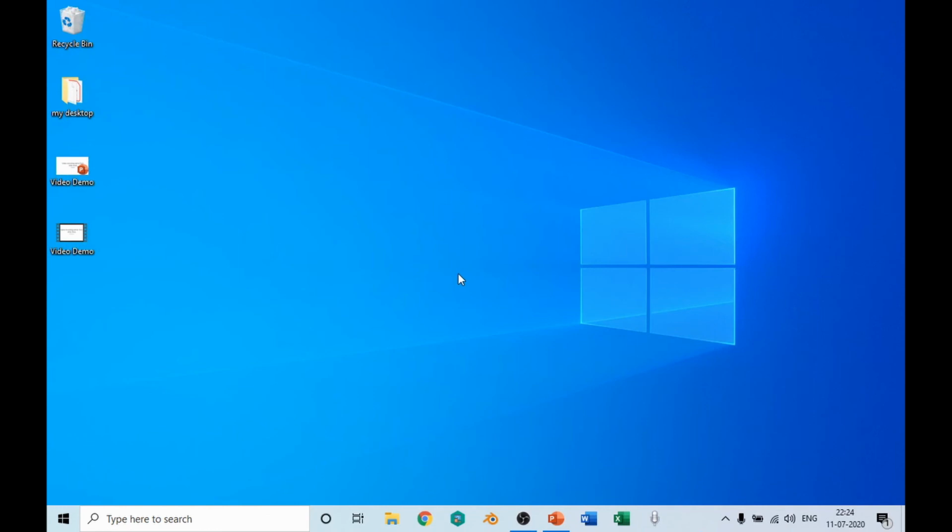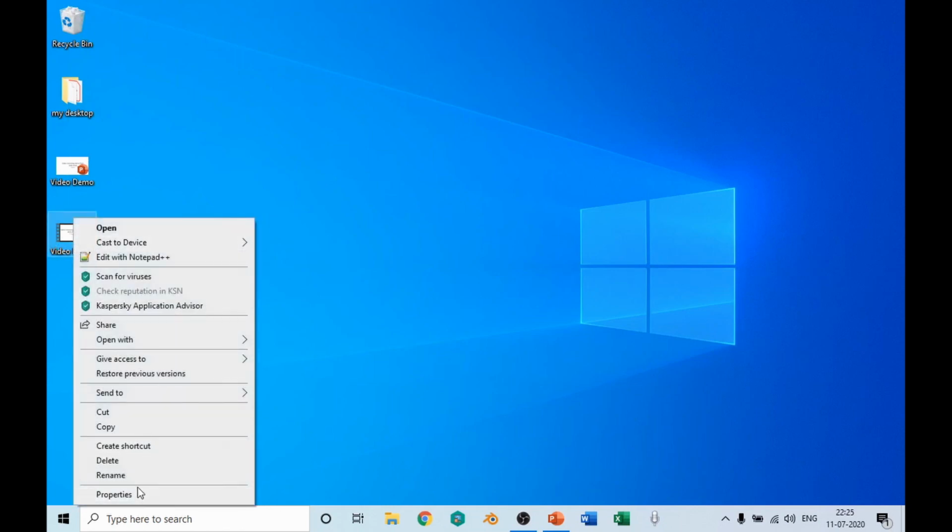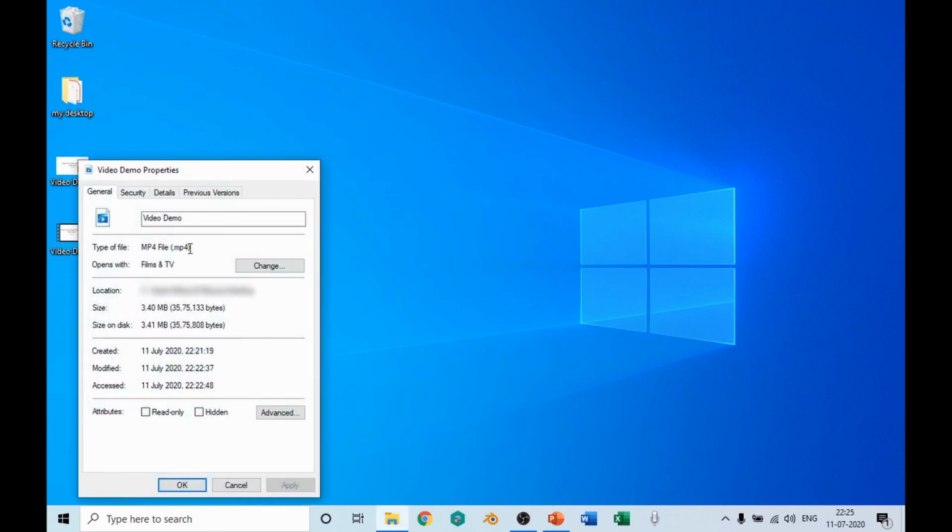So this way we have seen that the video has been recorded, and it is here available on the desktop. We can just go through the properties of this particular file. Observe that this is an MPEG-4 file having the name video demo and having a size of 3.4 MB. Please remember that the amount of time required for conversion of your PowerPoint presentation into video will depend upon the number of slides and the amount of time you have been talking during your presentation.